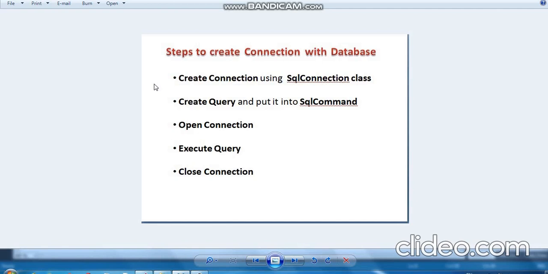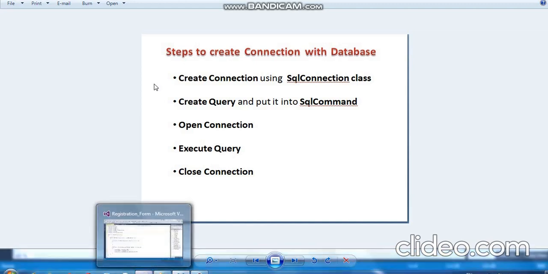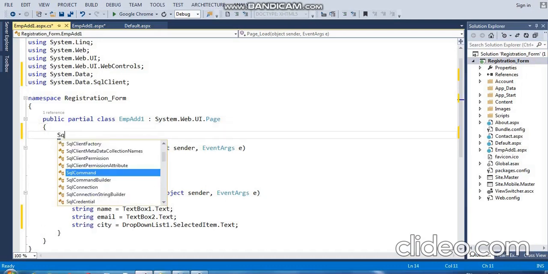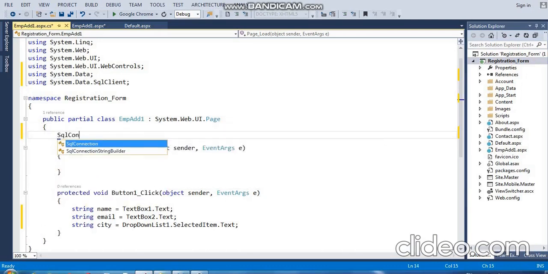So first step is create connection. I will create connection using SQL connection class. Data source is the name of our server, so I will put my server name over there.